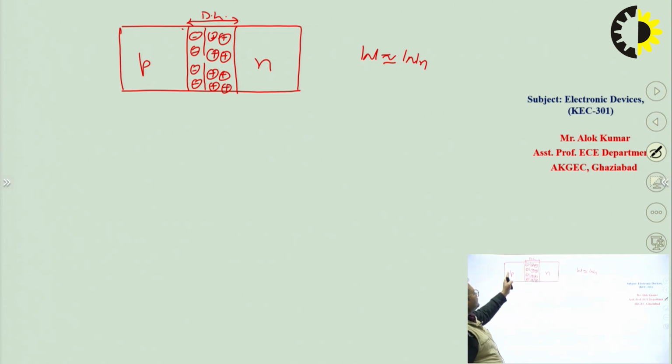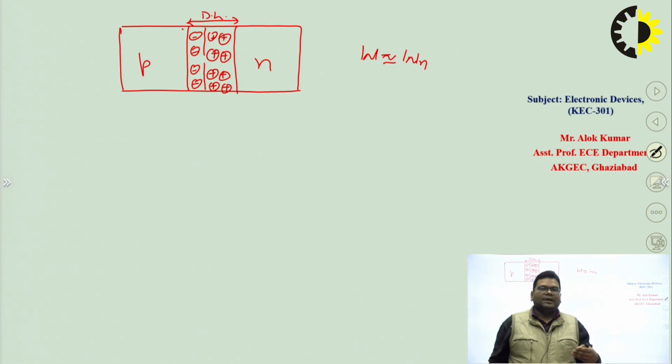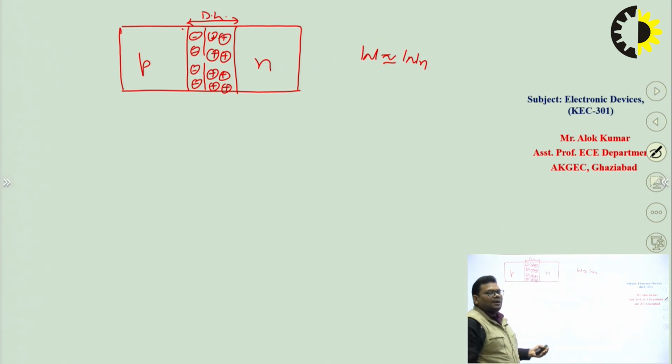So the P side is one conducting plate, the N side is another conducting plate, and there is a dielectric in between them. We are considering that this structure is very similar to a capacitor, right? So this PN junction diode should behave like a capacitor. So what we are trying to do, first we will draw